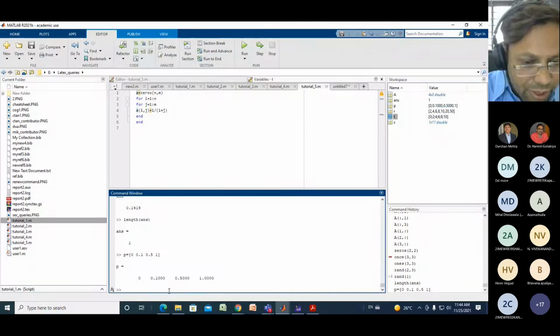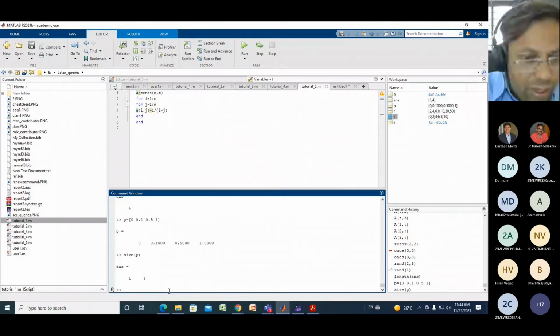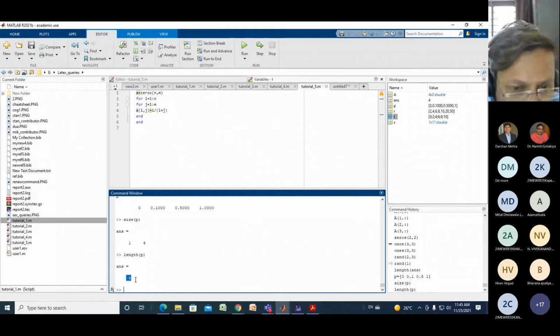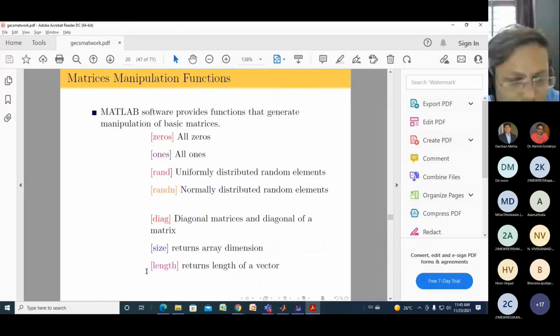If I write size of P, size will define the dimension. So this will be 1 cross 4, 1 row 4 columns. But if I write length, length means the maximum number of elements in that particular vector. So there will be 4. There are 4 elements in the vector. So length will return the maximum number of elements in that particular vector. This is also an important function in MATLAB.